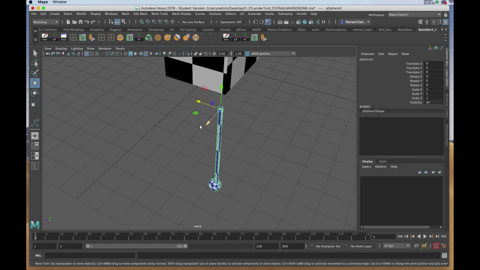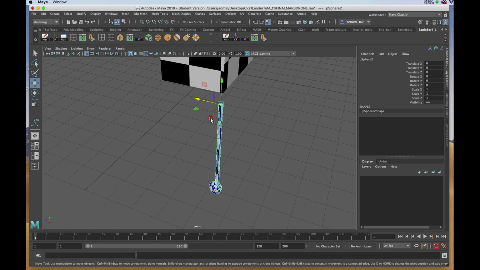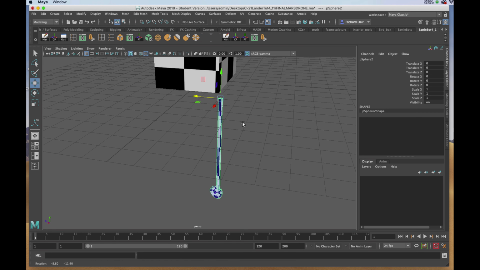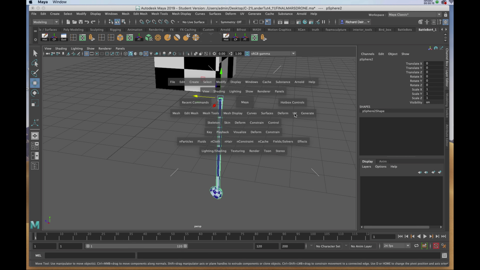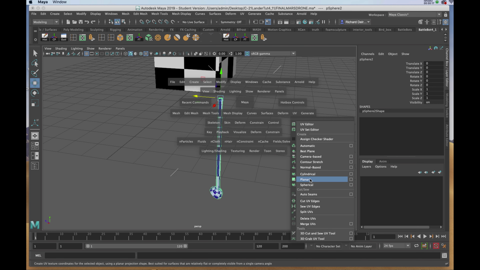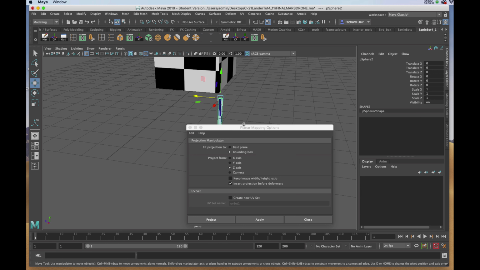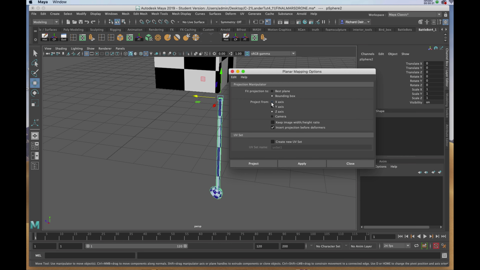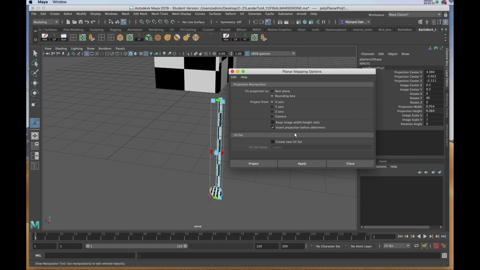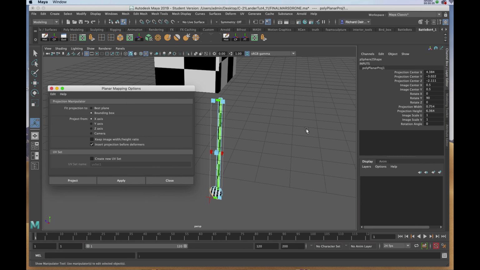I'm going to use planar mapping on the x-axis. Holding down the space bar, UV, planar mapping, and I'll set it for X. Choosing apply, and in the channel box, making both projection width and height the same number. I'll start with 15, and when I return to my object mode